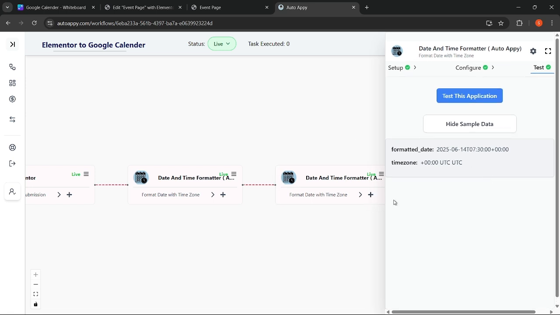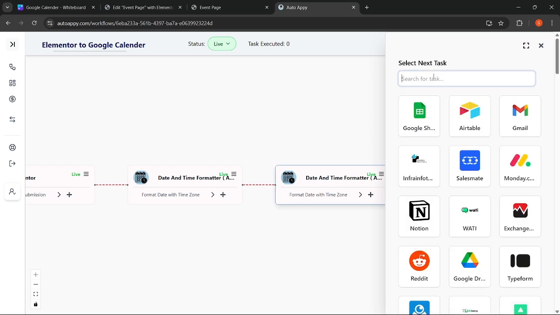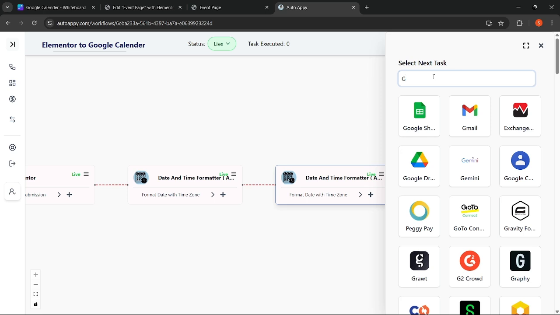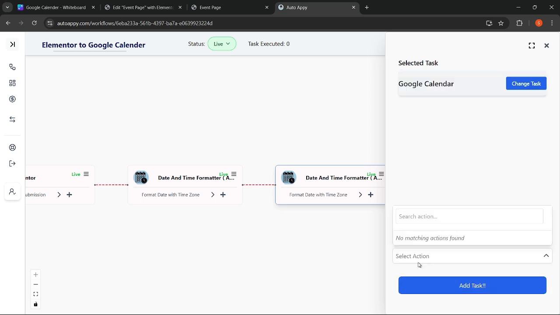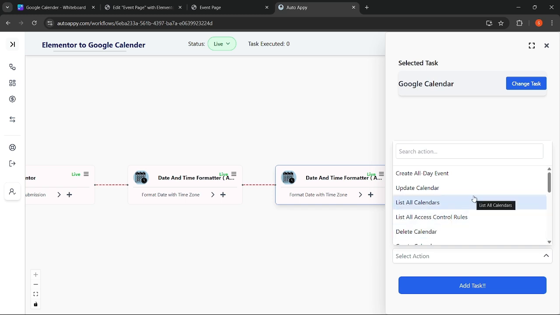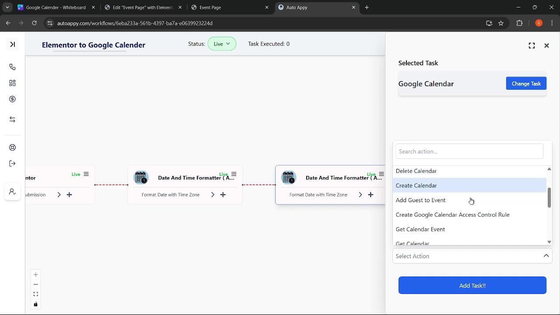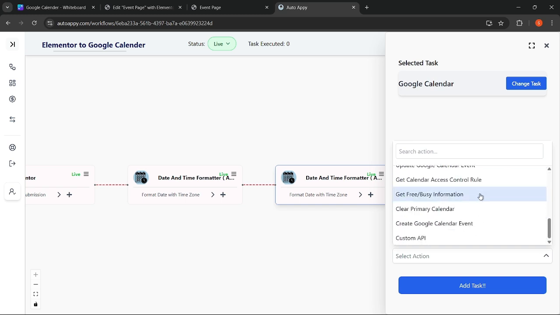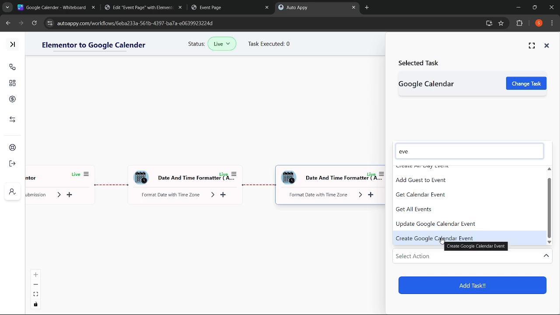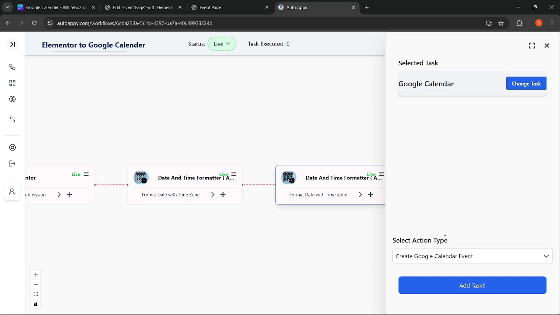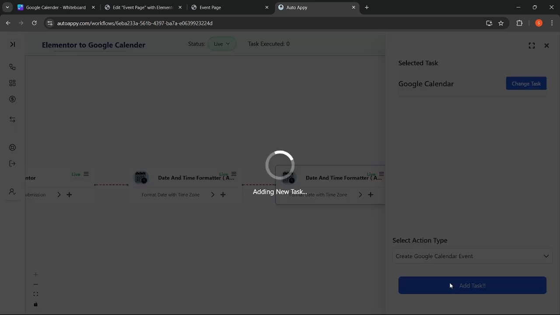Now just add the Google Calendar. I'm going to add Google Calendar, add my action application, this one. You can see there are multiple endpoints available. For me, I'm going to use event, create a Google Calendar event. Just select the event, add the task,